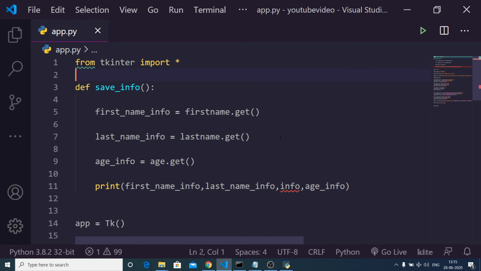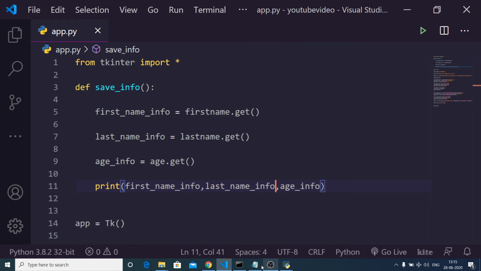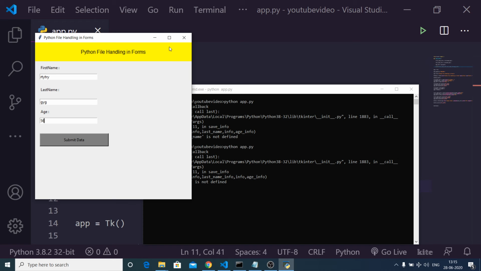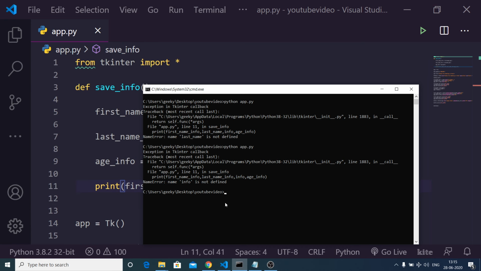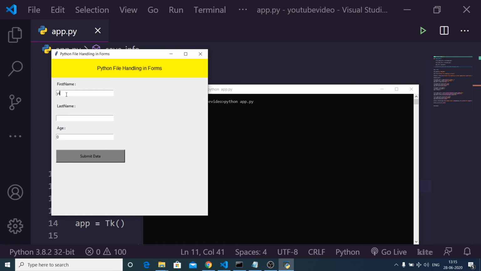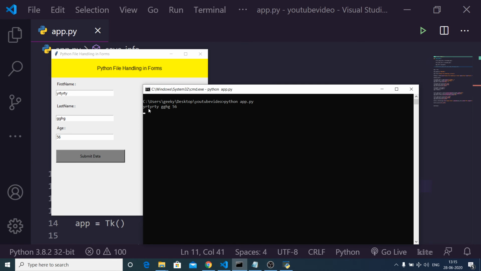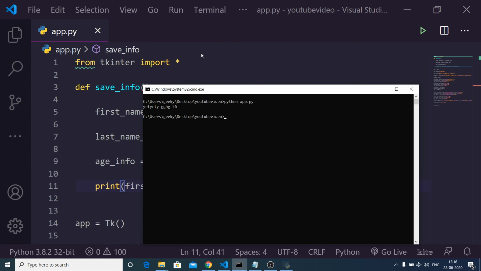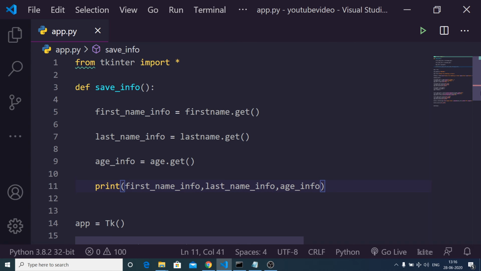Oh, this is a problem here with the typing. So just wait, close the application once again. My typing is creating some problems. Now if I once again do this, click the submit data, and now you will see all the three values will be printed out on the console. And now we just need to create a submit text file and append these values.